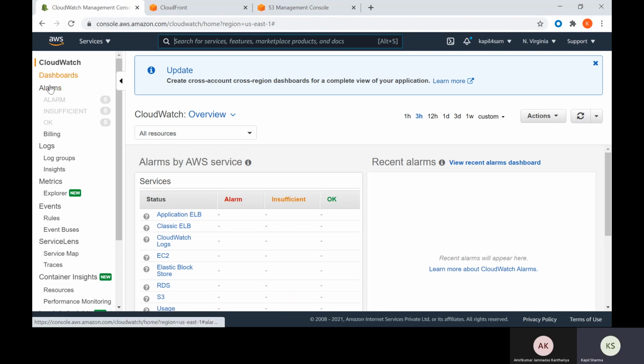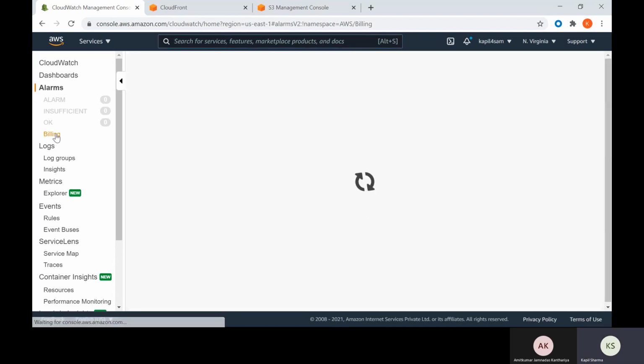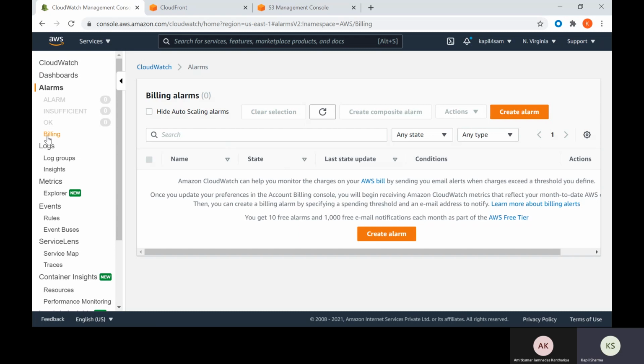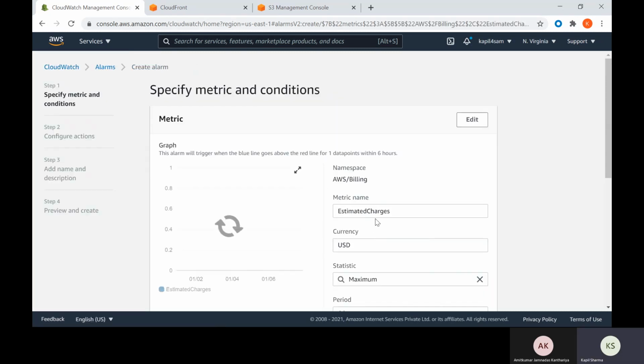So here in the dashboard sections, you get alarms, wherein if any alarm is in triggered state, you will find it here. If any alarm is in OK state, you will find it here. And if it is insufficient, wherein data is not okay, then you will find it in insufficient state. You can check your billing details as well in the billing logs, billing alarms if you have any. So for example, you can also create a billing alarm. You can click on create alarm,